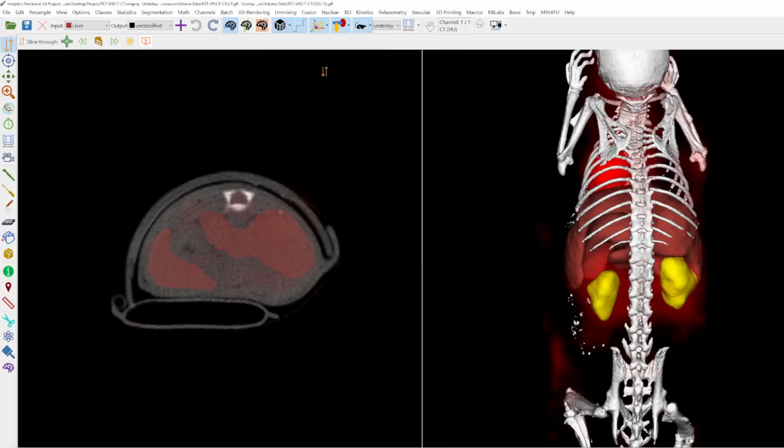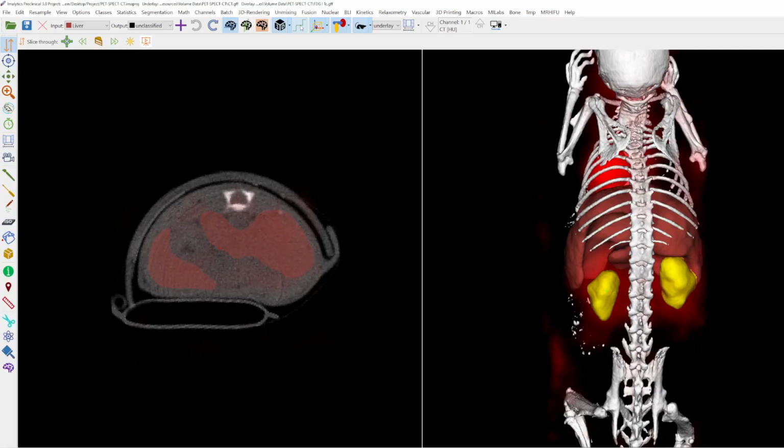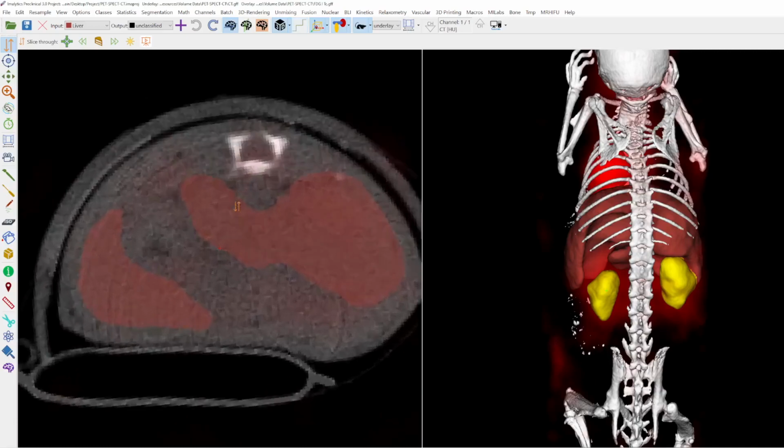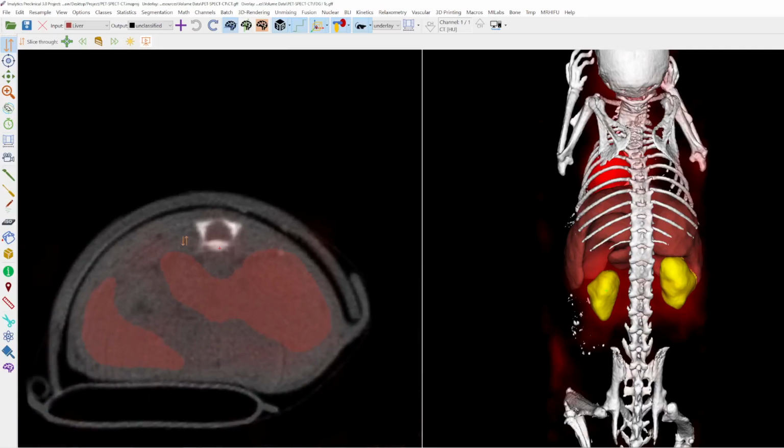Okay, perfect. The next one is for the linear interpolation. When you inactivate it, and when we zoom in a little bit, you can see the voxels. And usually we recommend to activate it, because then the image is more smooth.